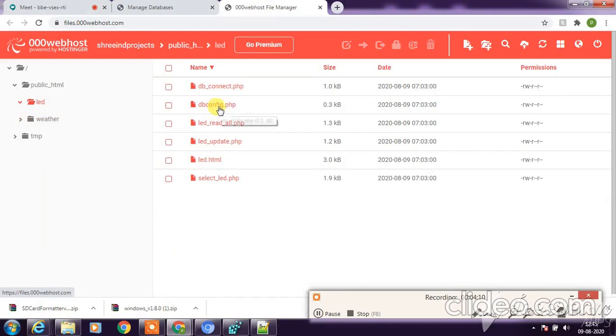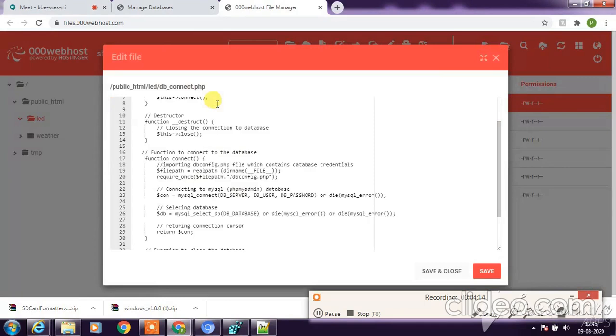Again there is a db config, db connect, correct? So what I have to do, go here, I'll go to db config.